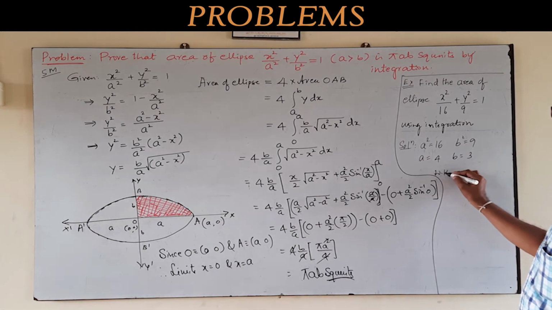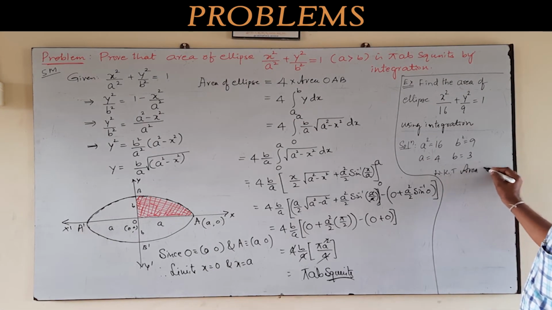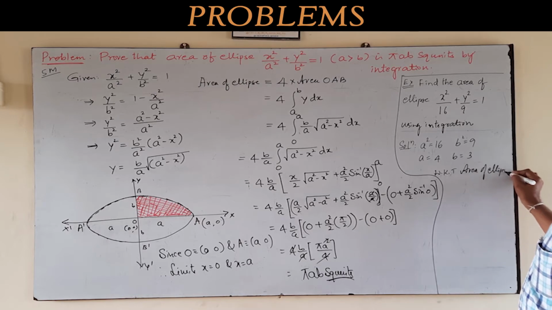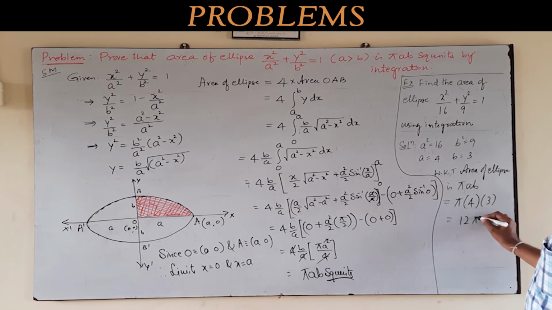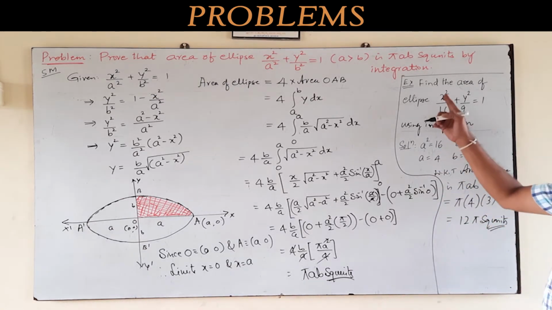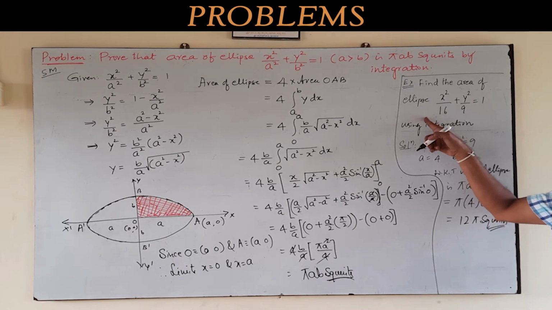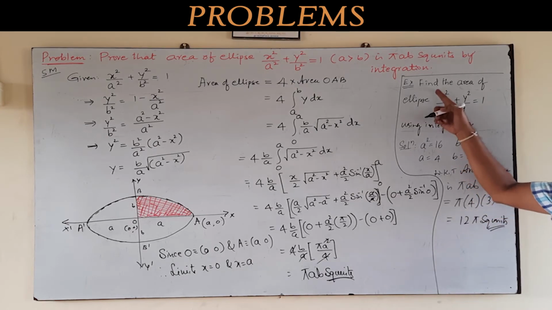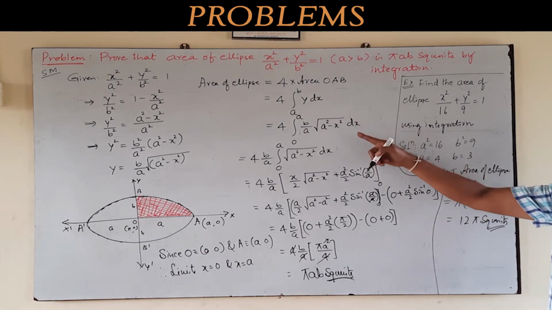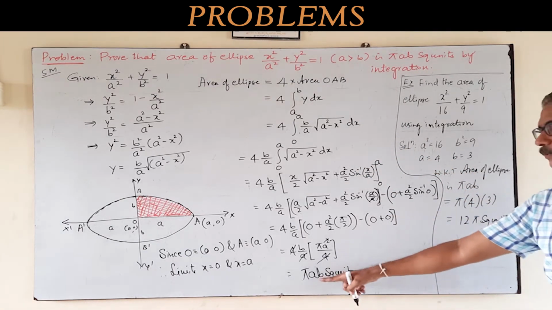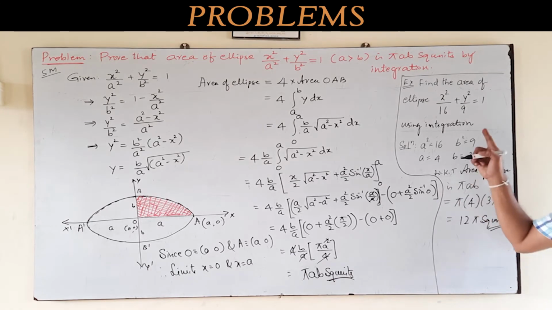Therefore, you know that the area of an ellipse using the integration method, you know the formula. What is that? Pi a b. That is pi, a value 4, b value 3. 4 into 3, 12 pi square units. ಈ ಟೈಪ್ ಕೇಳಬಹುದು ನಿಮಗೆ 5-mark ಕ್ವೆಶ್ಚನ್. ಸೊ ಈ ತರ 5-mark ಅಲ್ಲಿ ಕೇಳಿದಾಗ ಇದಿಷ್ಟೇ ಸಾಲ್ವ್ ಮಾಡಂಗಿಲ್ಲ. ಫಸ್ಟ್ ಟು ಸಾಲ್ವ್ ಜನರಲ್ ಫಾರ್ಮ್, after that substitute the value of a and b. Okay, clear?